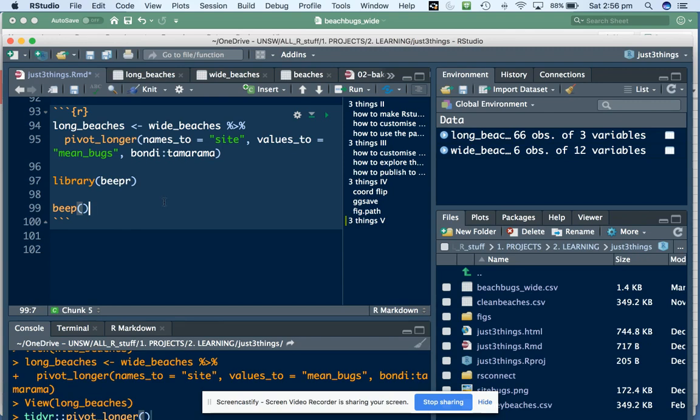Or you can specify one of, I think there's at least 8 different kinds of beeps. My favorite is number 8 because it's the Mario Brothers sound. So if we rerun this chunk now,